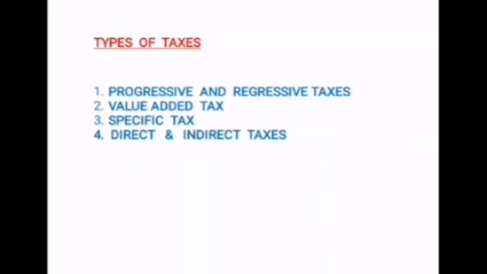Whereas indirect tax is a tax whose initial burden of impact is on one person, but he succeeds in shifting the burden to another person. GST is an important example. It is levied on the producer, but it is charged from the people who are consuming the goods and services. So the burden is passed on to the consumer, though it is paid by the producer. So that becomes an indirect tax.